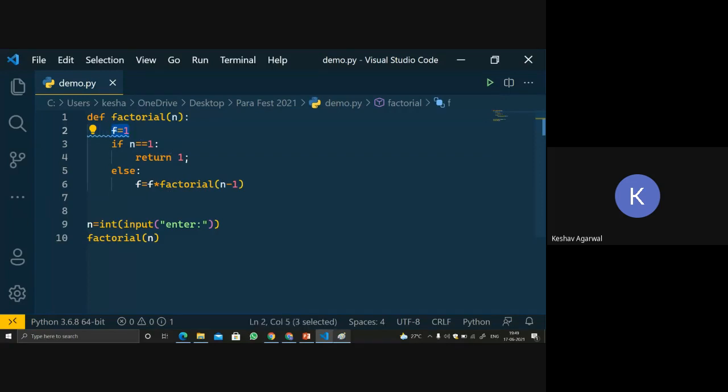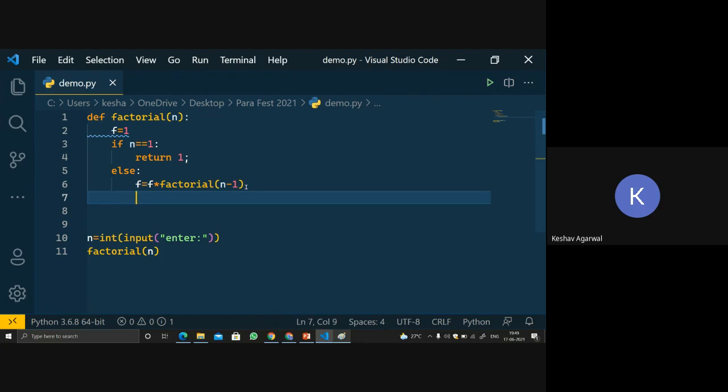And then over here we will return f. Okay, so I think it will work.